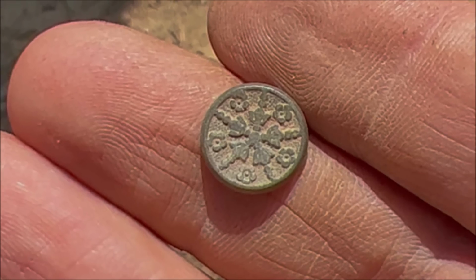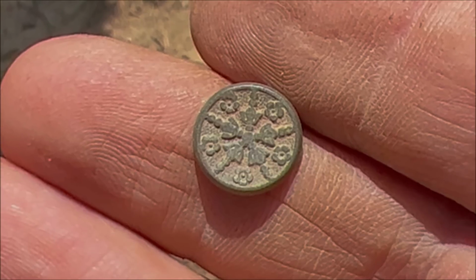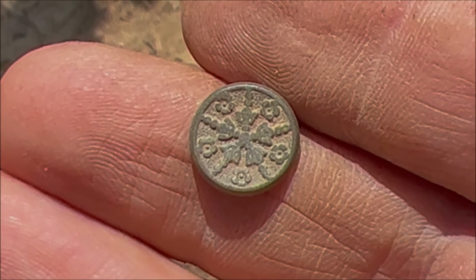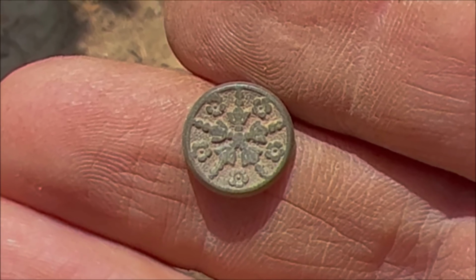I don't think that's arrows. That looks like a compass. I think it looks like flowers around the outside. There's little five circles. Maybe they are arrows now that I'm looking through your...